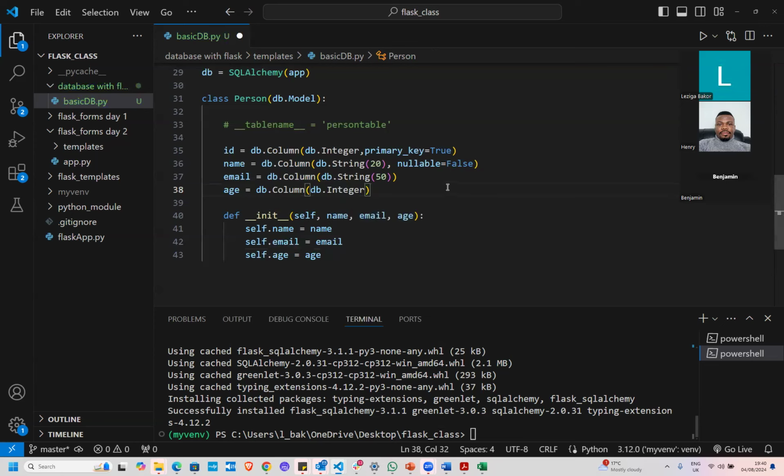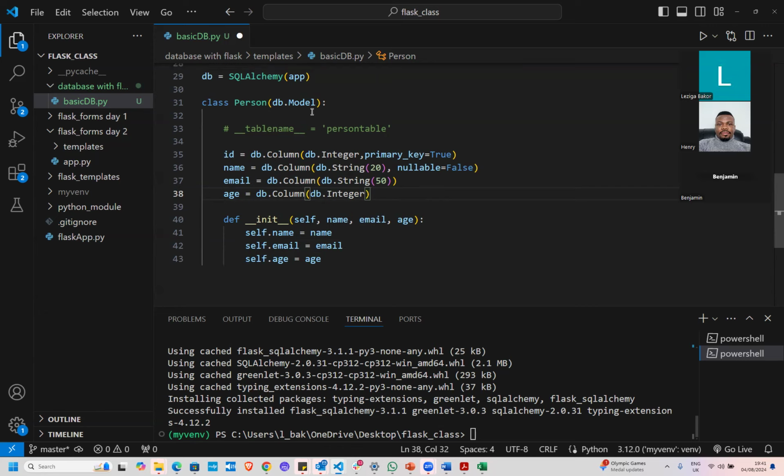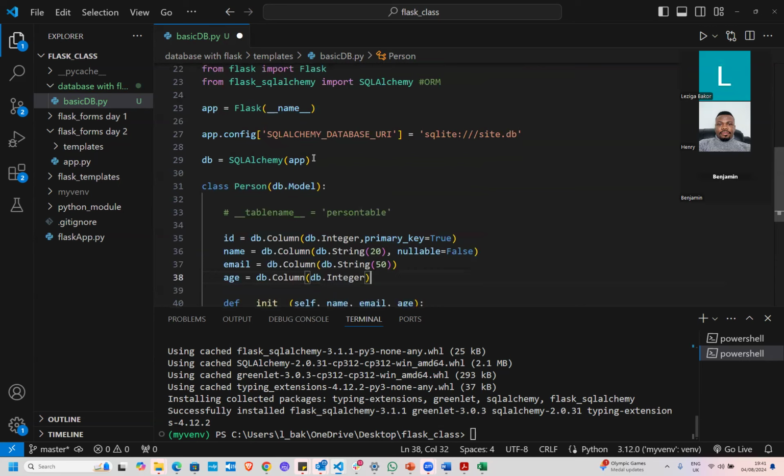Now, we have successfully created a database class, or what we call a database model, a database table. This table is going to be in our database. We've also created the database and then wrapped the application with SQLAlchemy for it to help us with the heavy lifting of moving things into our database. Now let's save the file